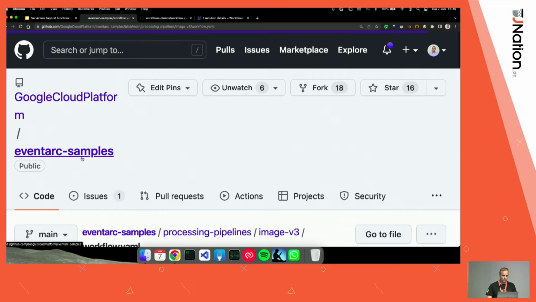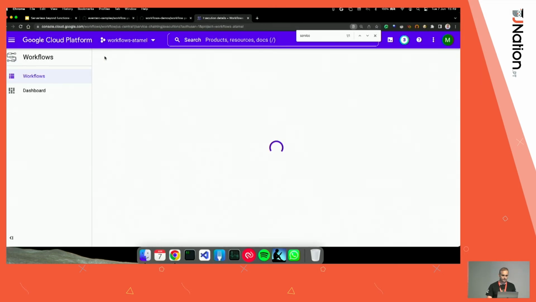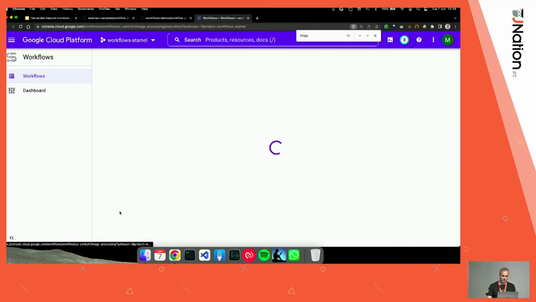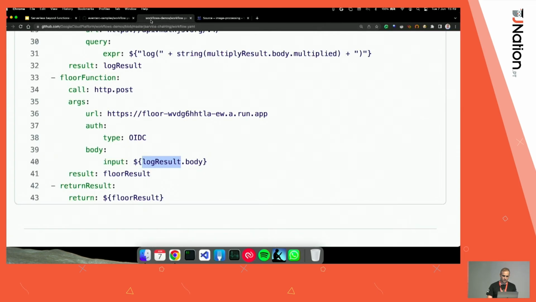Just to show you, maybe I'll show you the workflow, how it looks. So if you go back, image processing, then look at source. I don't know if you can see this, probably not. So let's go back.